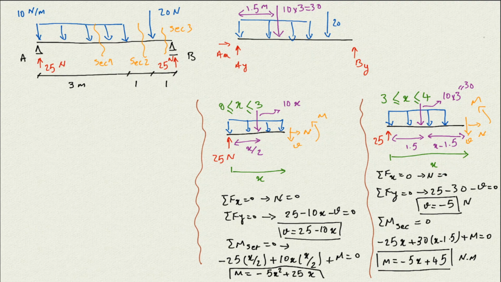So for that section, what we have is, if I go ahead and say we have now this time the x is between 4 and 5, so we start from 4 and 5, so x is going to be between 4 and 5. And if I draw that section of the beam between 4 and 5